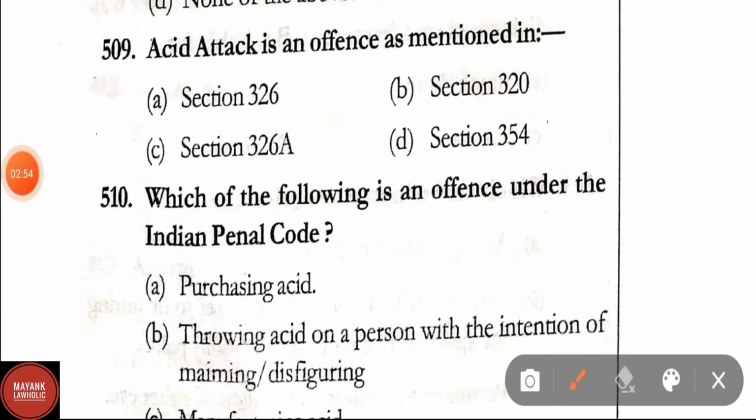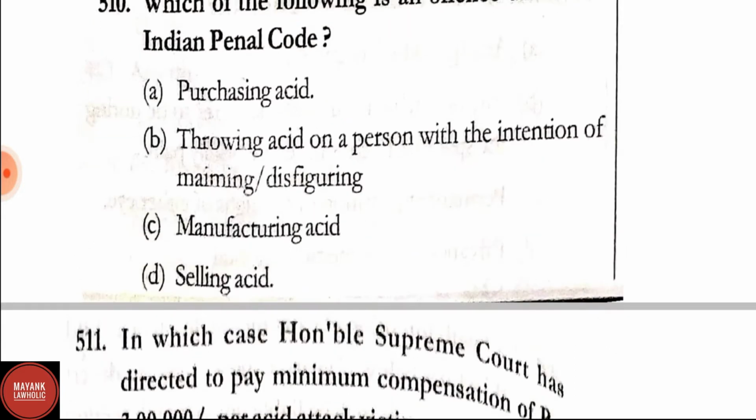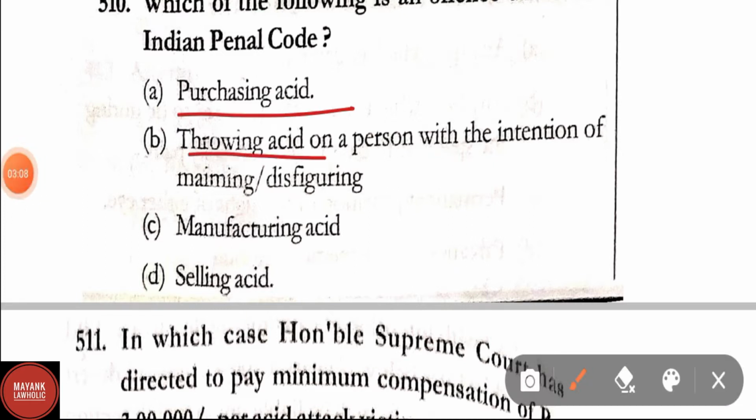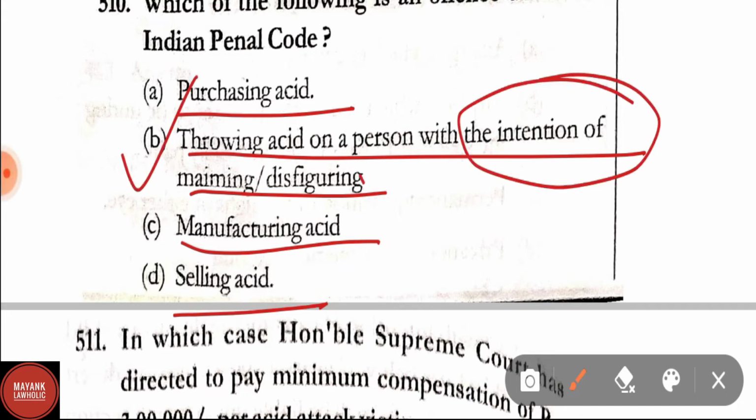Question number 509. Acid attack is an offence mentioned in section 326, section 320, section 326A, section 354. Correct answer is section 326A of IPC. Question number 510. Which of the following is an offence under IPC? Purchasing acid, throwing acid on a person with the intention of maiming or disfiguring, manufacturing acid, selling acid. Here the correct answer is option B, that is throwing acid on a person with the intention of maiming or